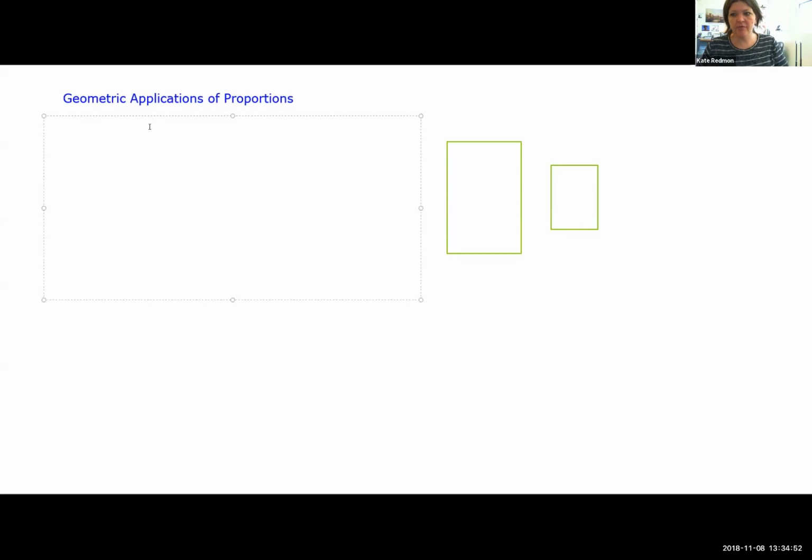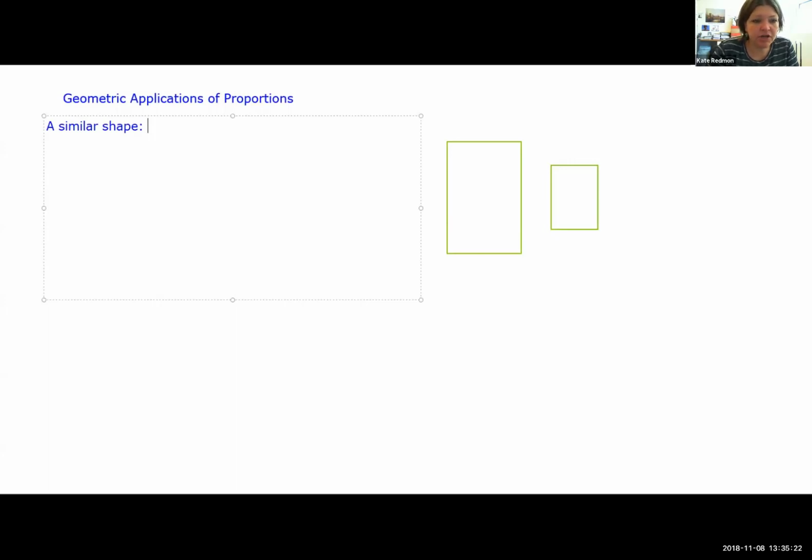I have a vocab word that you have to understand. There is something known as a similar shape. Now, if we were not a GED class, if I was just your geometry teacher, I would spend lots and lots of time with you talking about similar shapes. We would define a similar shape based on certain characteristics, and we'd spend all this time proving that shapes are similar. Since those types of problems don't come up on the GED, I'm going to kind of gloss over that,